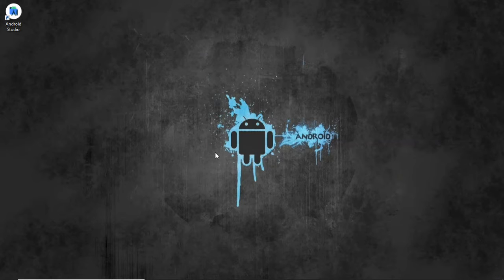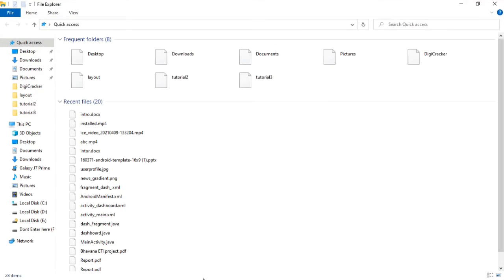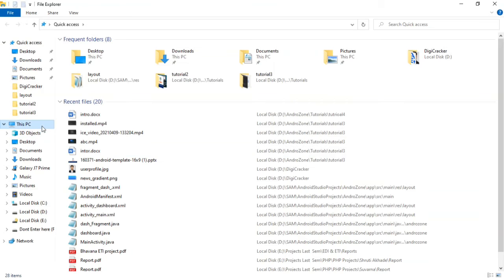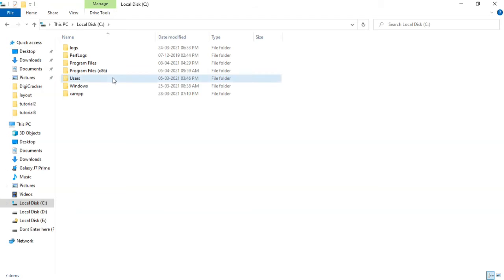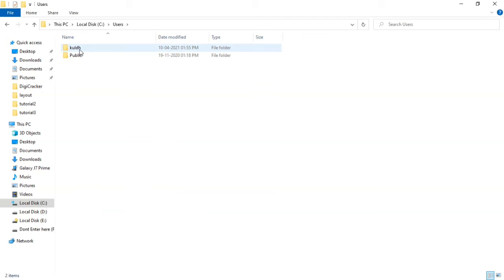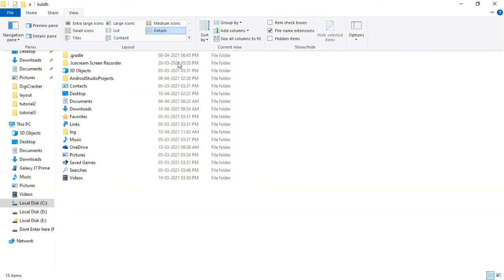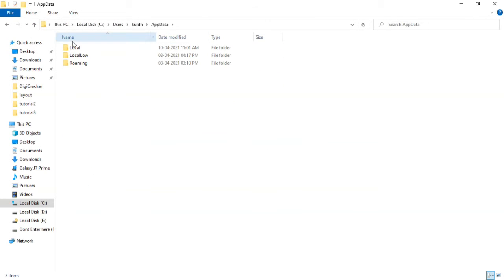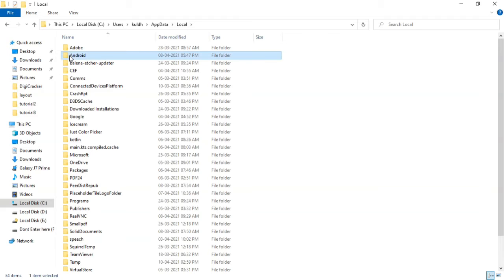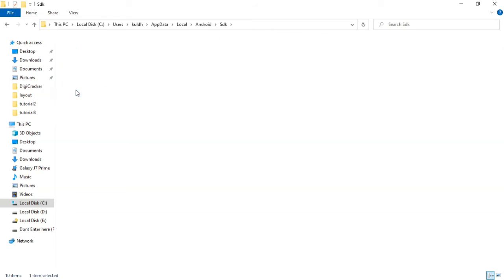ADB is in the Android SDK platform tools, so we need to copy the folder path and set the path of that folder in the system variable. So go to the local disk C, then go to the Users folder. Here your username will appear. Click on that folder, then show hidden items, then click on AppData, then the Local folder, then the Android folder. Here click on the SDK folder and copy the path of the platform-tools folder,